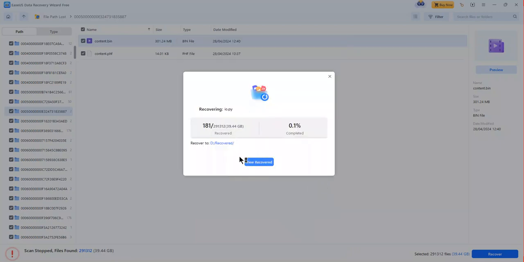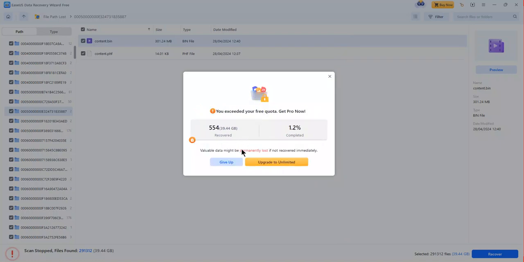You can see now they are recovering. It is also counting as getting completed. I will be getting this in the recovered file. So now I have to wait for this one and then see it. Valuable data might be permanently lost if not recovered immediately. So you see, they are telling you that the data might be lost if not recovered immediately. That means I'm recovering